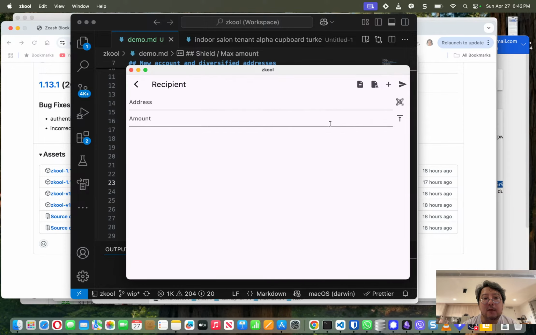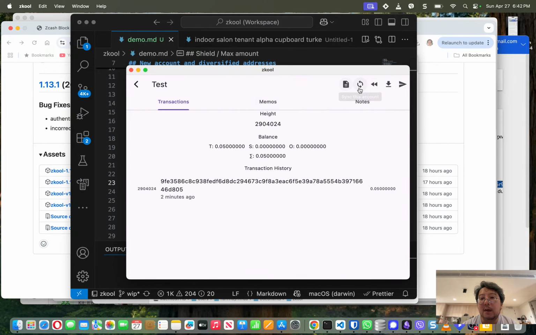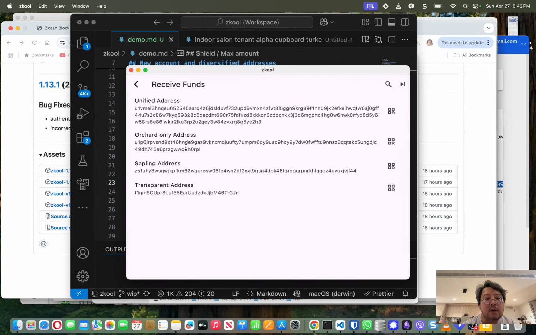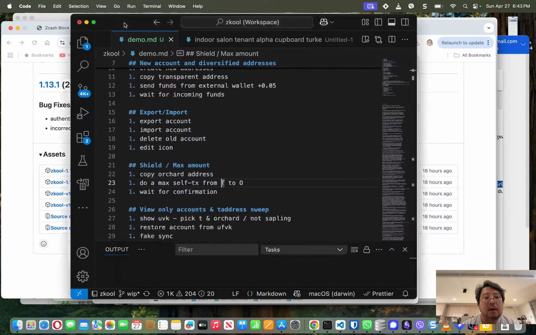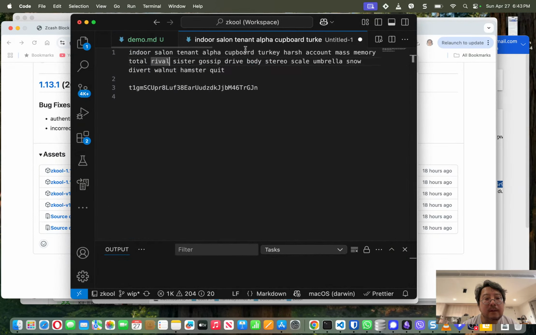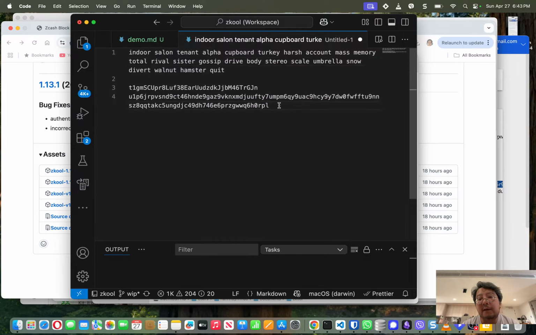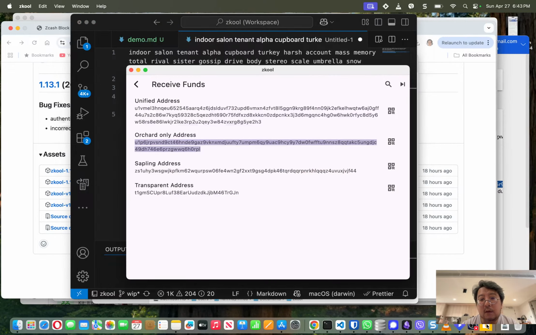Okay, one thing I'm missing is actually my own orchard address. So I have to go back here, go to orchard. This is also a diversified address, but this is not my primary address because I already pressed this button here. Okay. Of course, diversified addresses are as good as our original addresses. So this is my transparent address, and this is my orchard address. Okay, so let's do